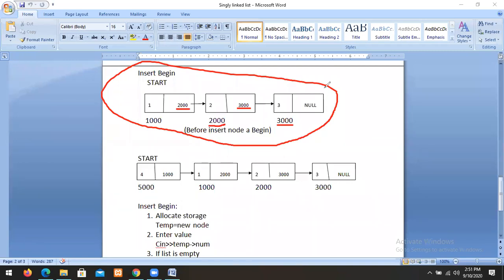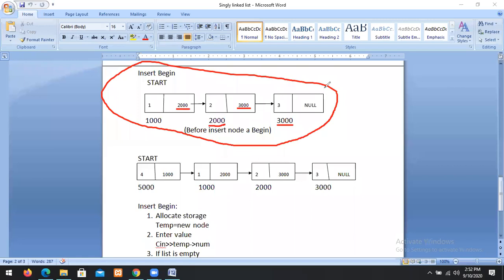First of all, in order to insert a node, it is necessary to allocate the storage dynamically. How can we allocate the storage dynamically? By using the dynamic memory operator new. We require the storage for a node.